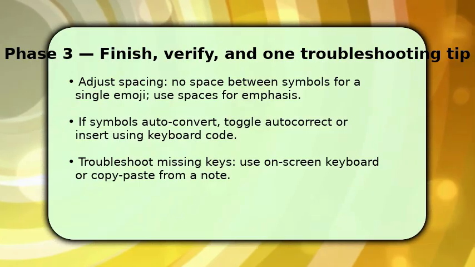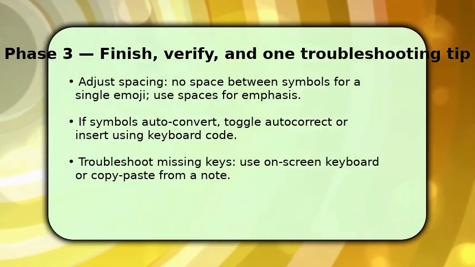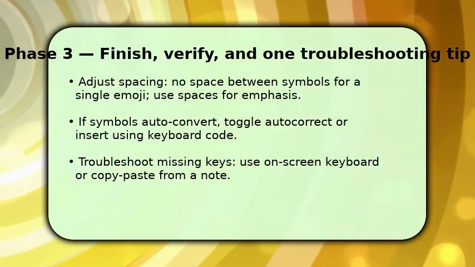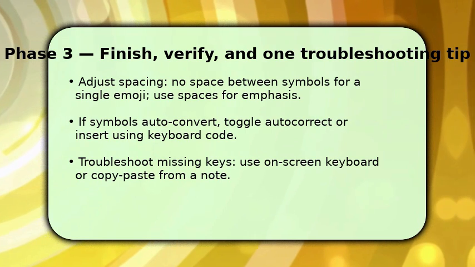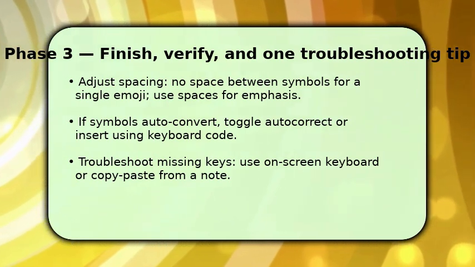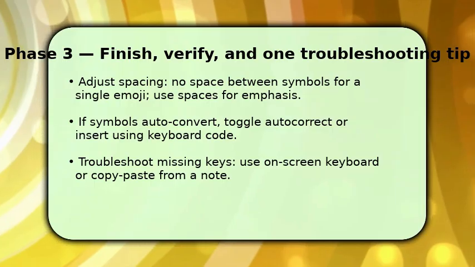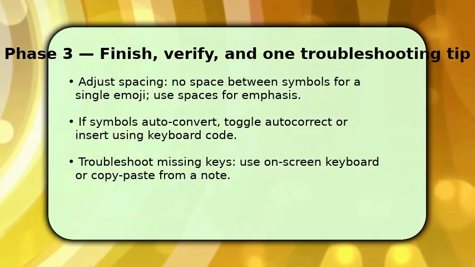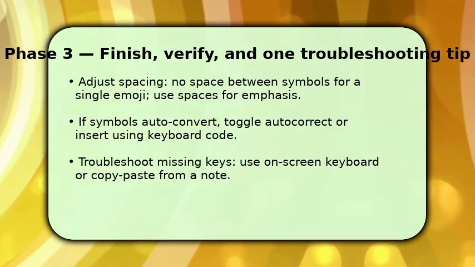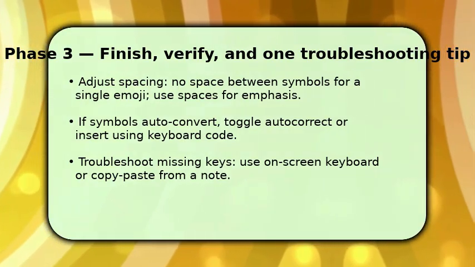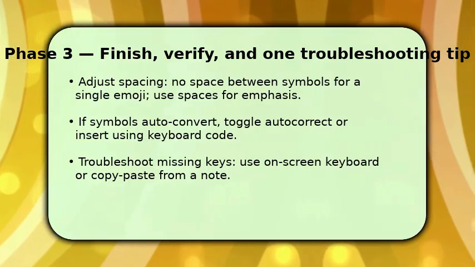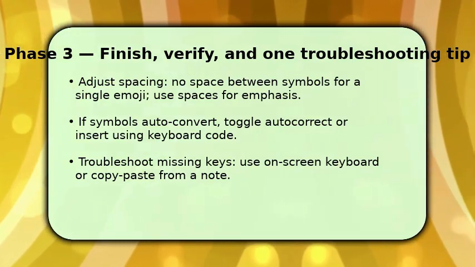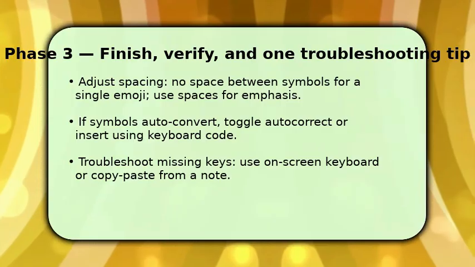Finally, you finalize the look. Keep symbols contiguous for one emoji or add spaces to slow the reader down. This changes tone. Make sure autocorrect does not convert your punctuation into an emoji. If it does, turn that feature off or use an escape character, like a backslash. If a key is missing or different on your device, open the on-screen keyboard or copy-paste the emoticon from a quick note and practice once more so the motion becomes